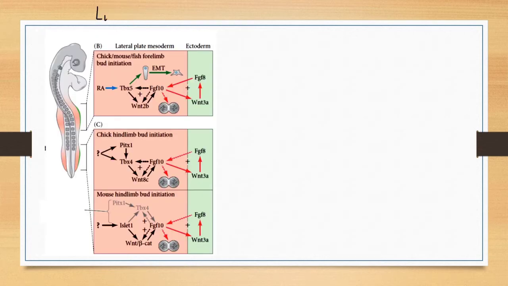Now let's talk about limb bud initiation. You do not need to be confused. While drawing the signaling pathway, I already told you that it was just a basic frame, and that as we move forward in this series, more and more signaling molecules will keep on being added to that pathway. Okay, so this is the signaling for limb bud initiation in chick, mouse and fish in their forelimb, and this is the hind limb bud initiation in case of chick and mouse. So if you see both these signalings, the major difference that you will see is retinoic acid.